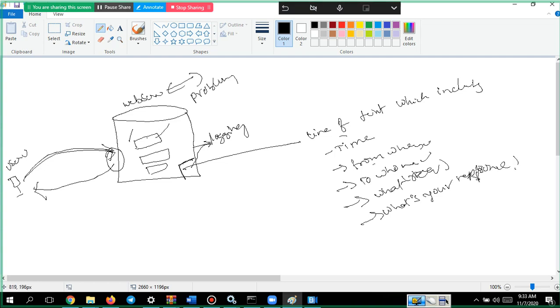All these things in a simple text format: from what time, from where it has come, to whom, what they've asked, what you have done, or any other additional information in plain text format.